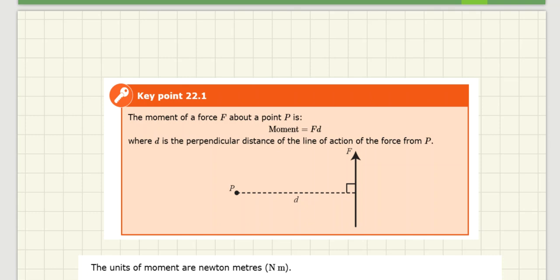Now, if I look at this pivot point here, which direction is this weight pulling going? Is it going this way or is it going that way? So is that clockwise or anti-clockwise? Anti-clockwise. Okay. But if I consider this pivot point up here, which way is the weight going now